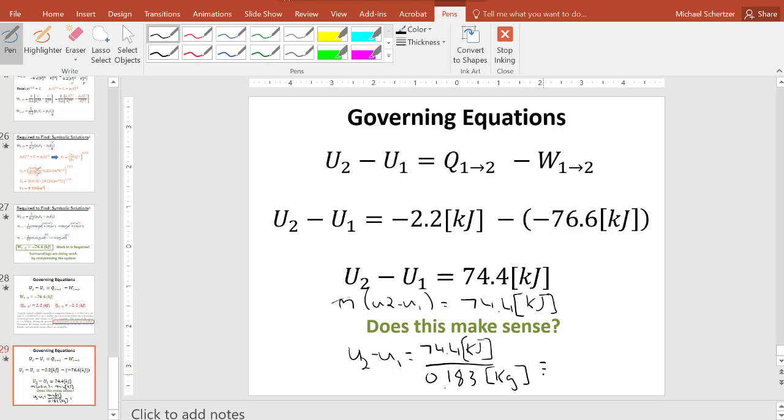I don't know if anybody has a calculator here. I got one on my desk somewhere. So if I take 74.4 and I divide that by 0.183, I get 406.6